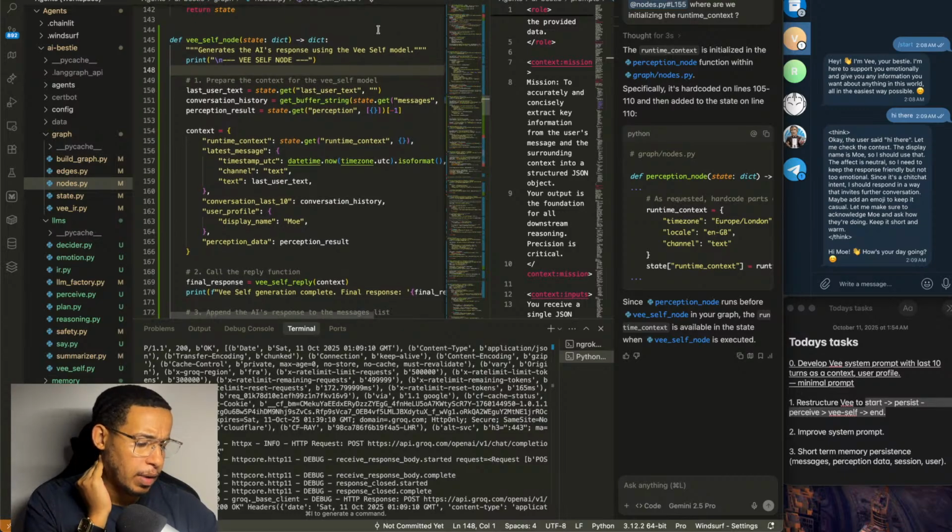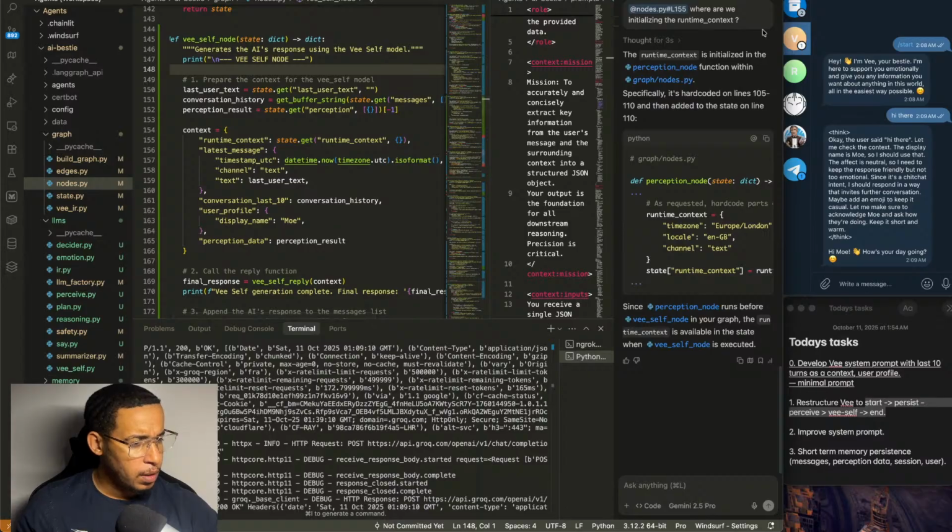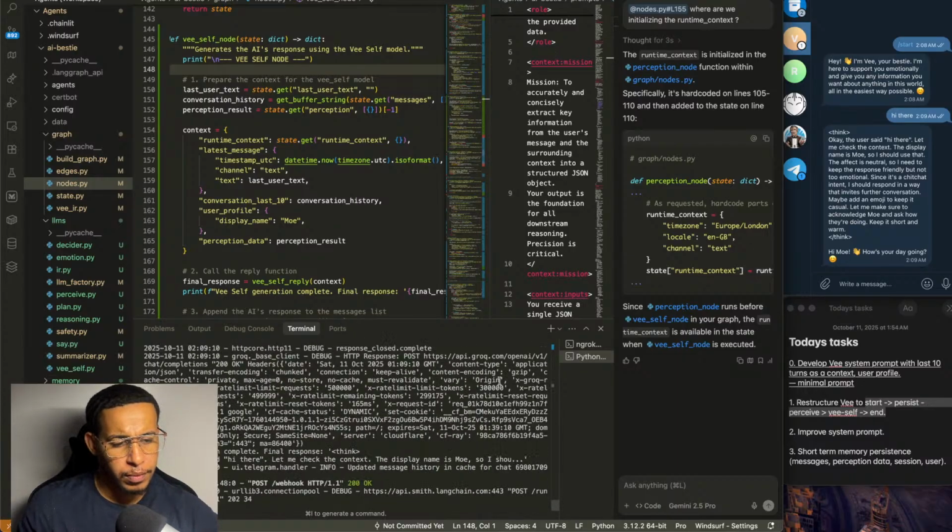It's showing the think. I've never seen this before. The user says, hi there, let me check the context. The display name is small, so I should use that. The effect is neutral, so I need to keep the response friendly and not too emotional. Since it's a chit-chat intent, I should respond in a way that invites further conversation, maybe add an emoji to keep it casual. Let me acknowledge them and ask how they're doing. Okay. Is it because we've added...